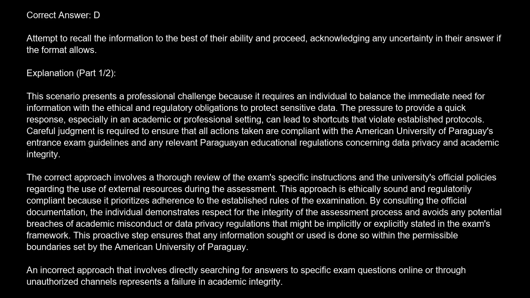The correct approach involves a thorough review of the exam's specific instructions and the university's official policies regarding the use of external resources during the assessment. This approach is ethically sound and regulatorily compliant because it prioritizes adherence to the established rules of the examination. By consulting the official documentation, the individual demonstrates respect for the integrity of the assessment process and avoids any potential breaches of academic misconduct or data privacy regulations that might be implicitly or explicitly stated in the exam's framework. This proactive step ensures that any information sought or used is done so within the permissible boundaries set by the